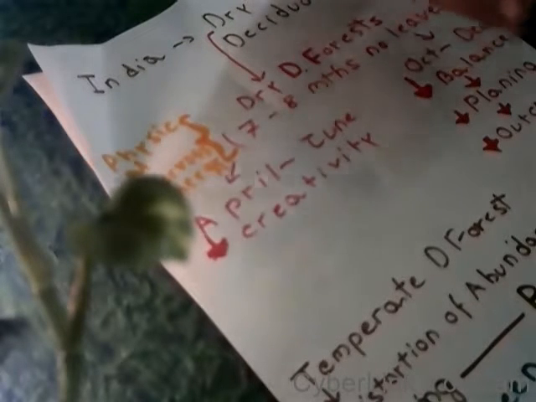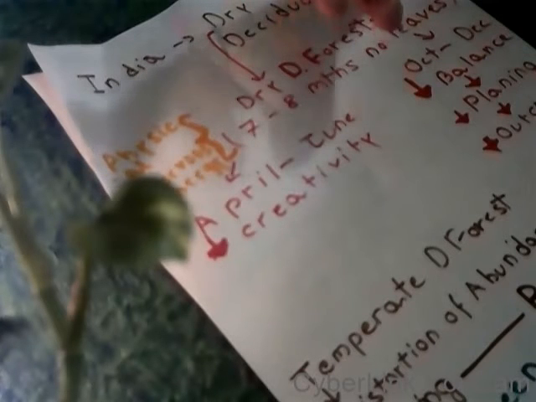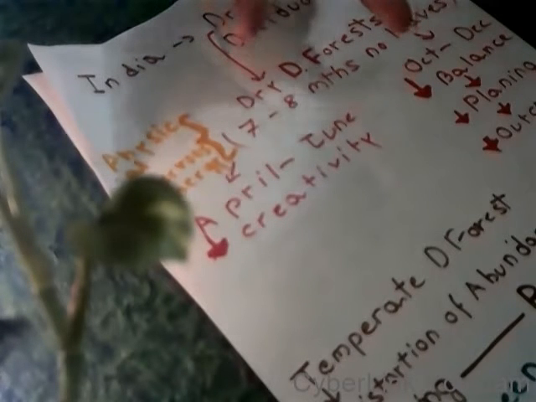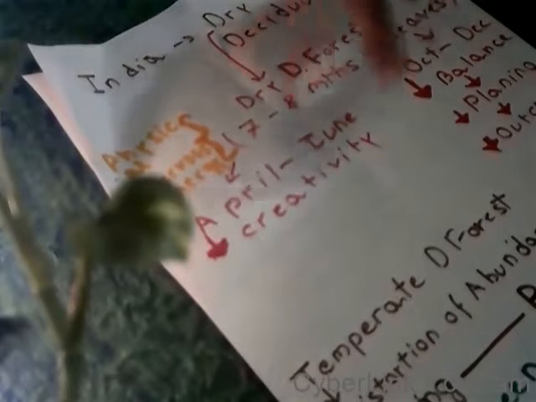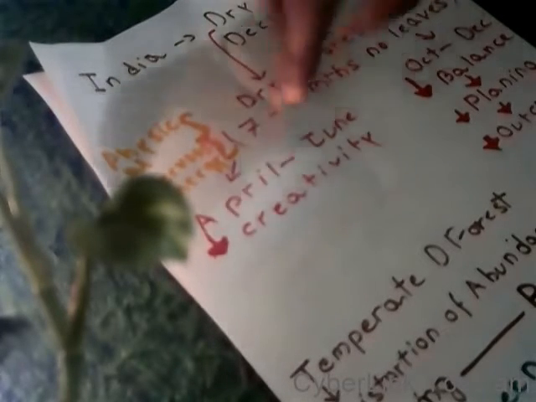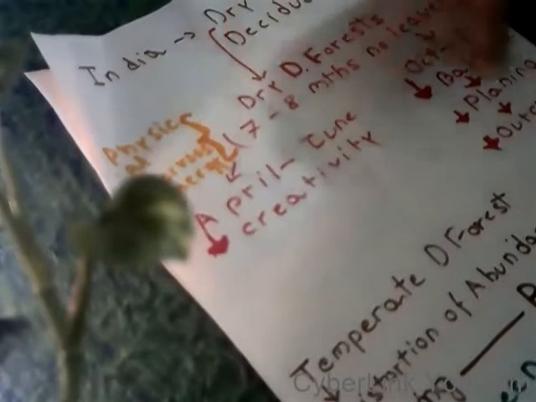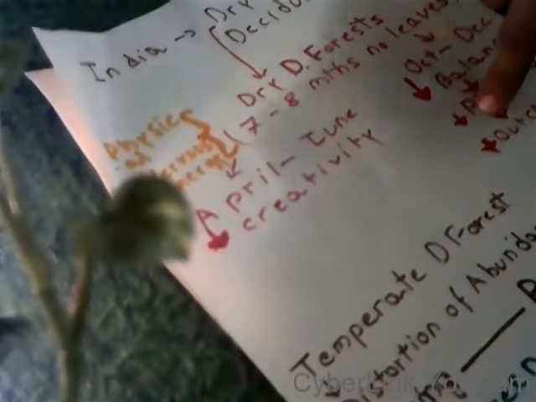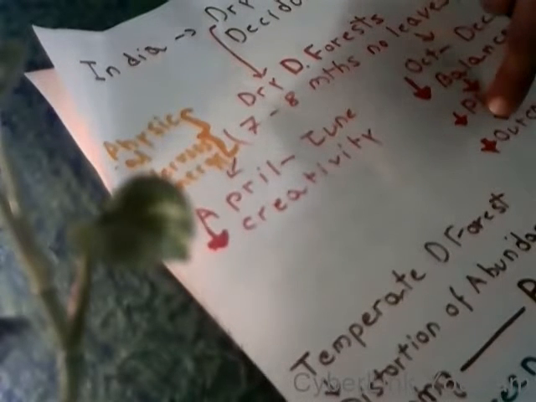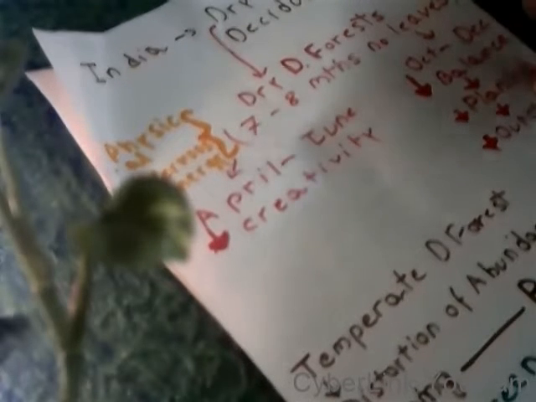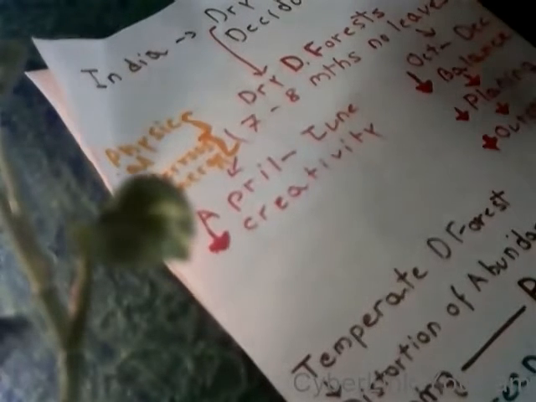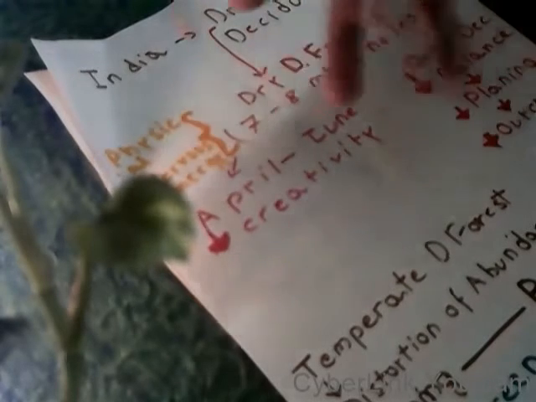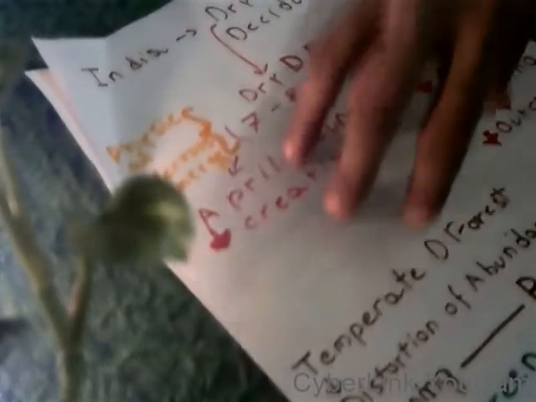So when leaves equal abundance, there are two seasons where they lose their leaves. April to June, the creative season, is compromised, and then the autumn season, October, November, December. So balance is compromised. What they're actually working in is the season when they have foliage, good lush green leaves, lush green